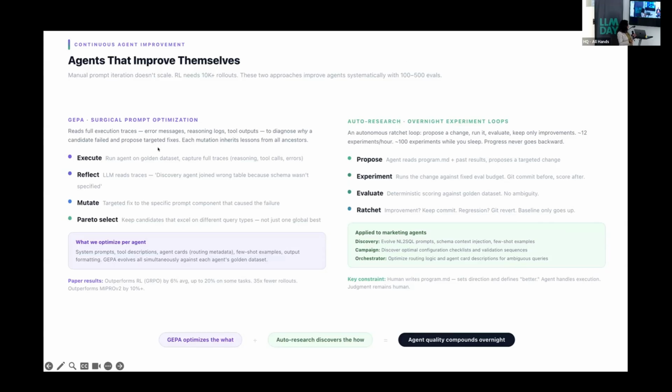For this to work, as a human, you really have to know what the metrics are, what to put in the MD file, which is true for all auto research projects. You need quite a bit of human expertise here to define that you're going to improve against this metric. This is the golden data set. If you don't have them very fixed, this is a little harder to do. You can still do it, but you might want more manual intervention in the results to decide whether you want to keep it or not. But these are some ways your agents can improve themselves, and you can get to higher accuracy in the metrics that you're choosing. Of course, choosing the metrics is not such an easy process.